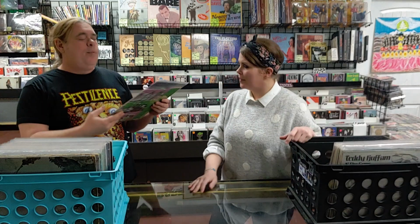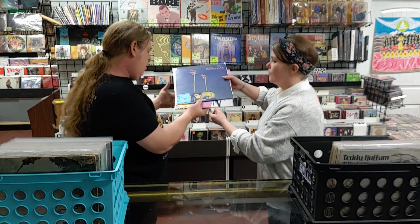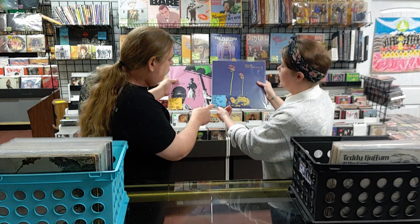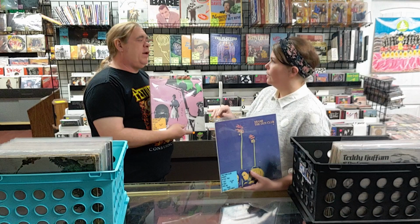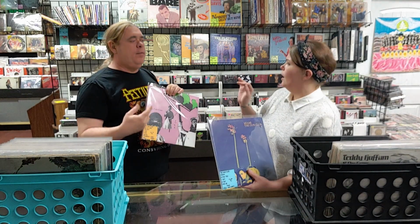So we have a couple of Gun Club reissues from 2004 and 2014. No, 2004 and 2014. Yeah, this is a great band if you like the Cramps or the Blues Explosion or...